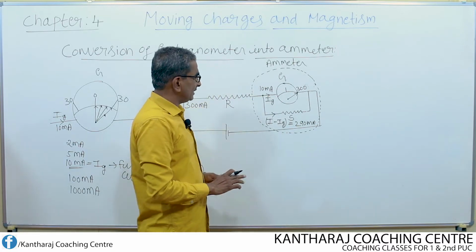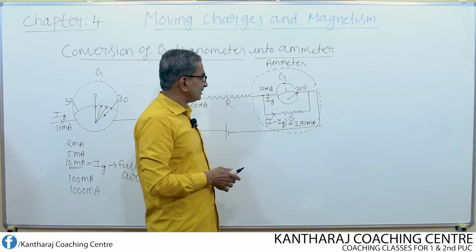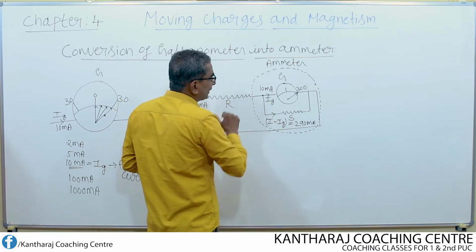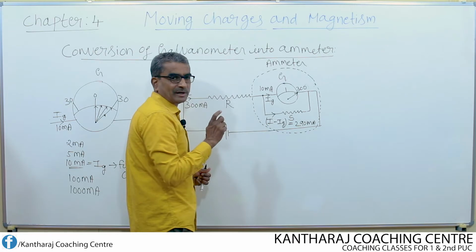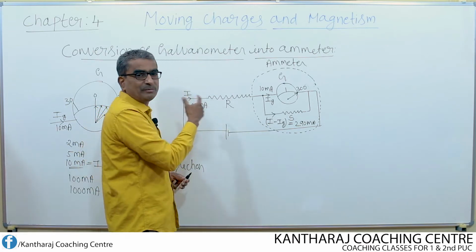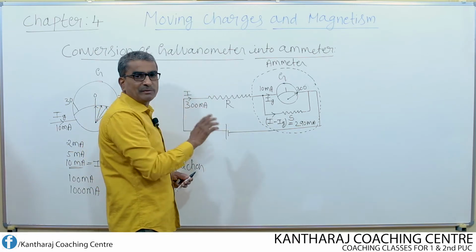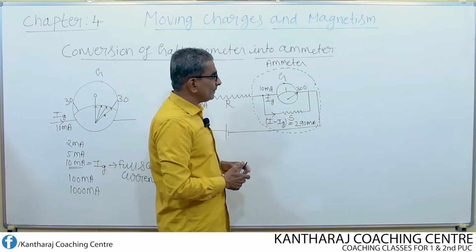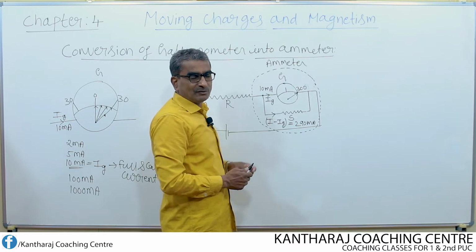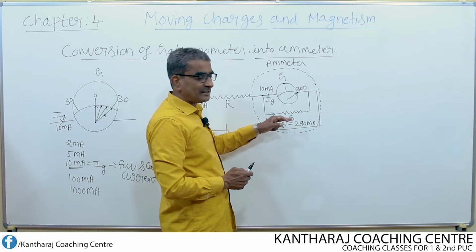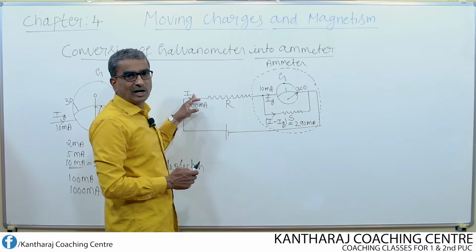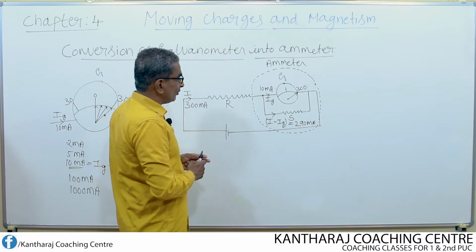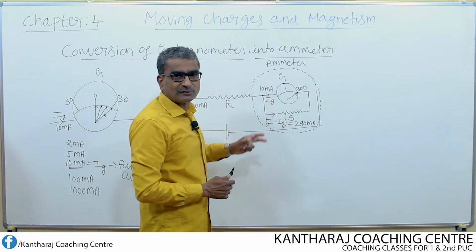Let us check whether it is true or not mathematically. But what is the value of shunt to be connected? The value of shunt resistance to be connected depends upon the amount of current to be measured. If the amount of current to be measured changes, shunt resistance also changes. Now let us calculate what is the shunt which is to be connected to measure a current equal to I. Not only 300 milliamps, in general, to measure any current I, what should be the value of shunt? Let us find out this.